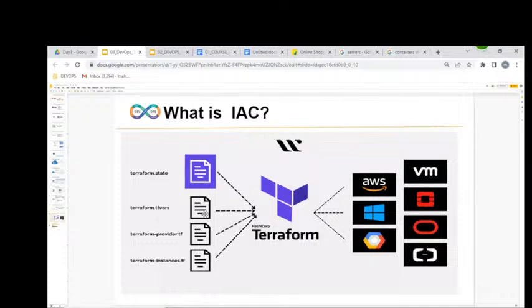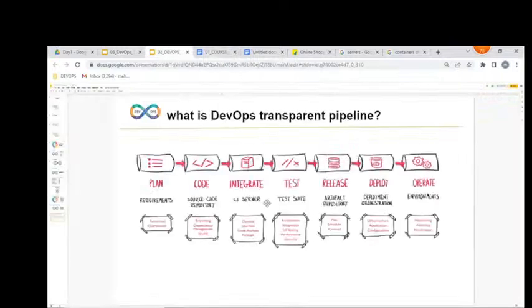By using Terraform, we are going to be creating infrastructure in Azure. By using all these tools, we are going to be implementing our DevOps process.